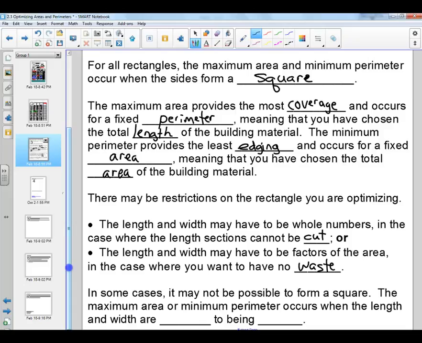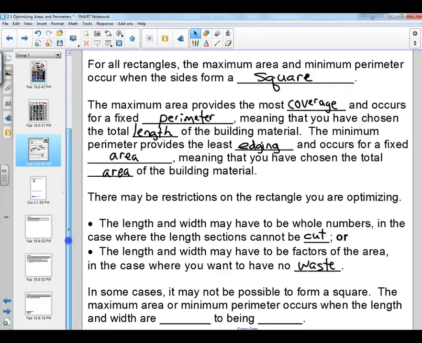That may restrict us a little bit more than not being able to cut something, because we found that with a small enough section at 1 meter, we were able to use all the values from 1 up to 11. In some cases, it may not be possible to form a square. And if that ever happens, then we want to just make note that the square is the optimum shape for maximum area, minimum perimeter. If we can get the length and width to be closest to being equal, then we'll accomplish the